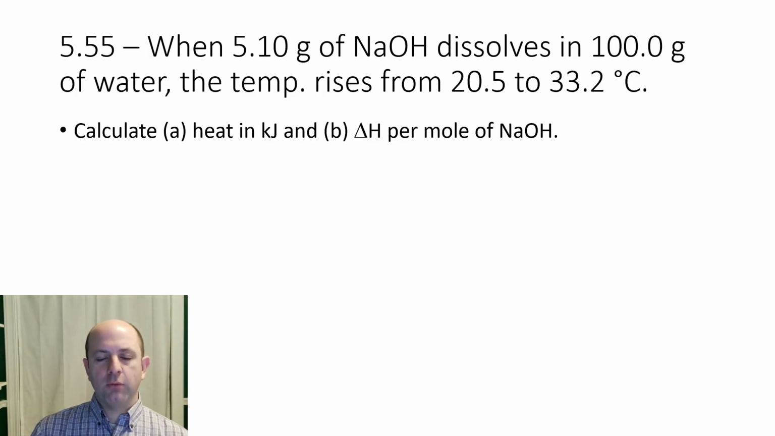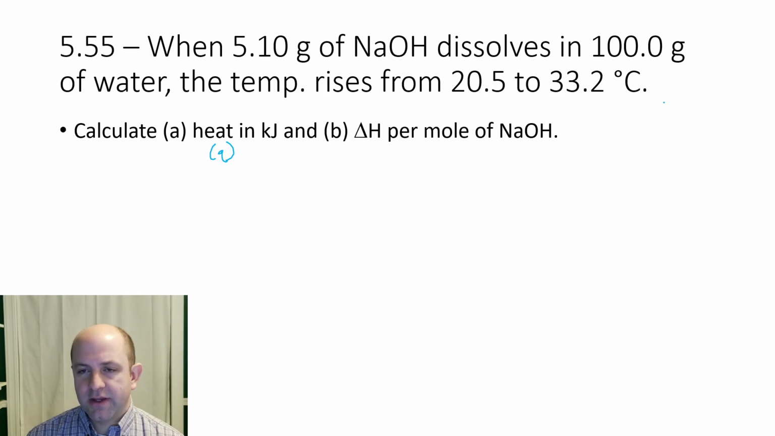We have 5.10 grams of sodium hydroxide dissolved in 100 grams of water. The temperature rises from 20.5 to 33.2 degrees Celsius. They want us to calculate the heat in kilojoules and the delta H per mole of sodium hydroxide. Whenever it says just calculate the heat, remember that means we're just calculating Q. Now, the problem also did note to assume this solution has the same specific heat as water,